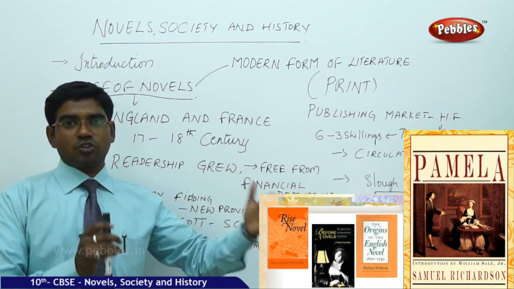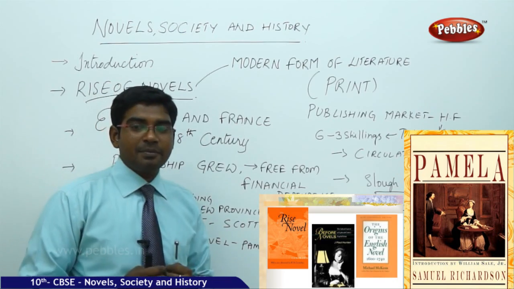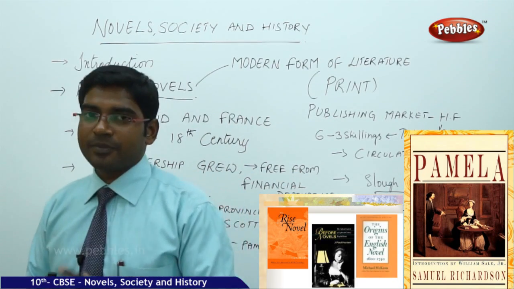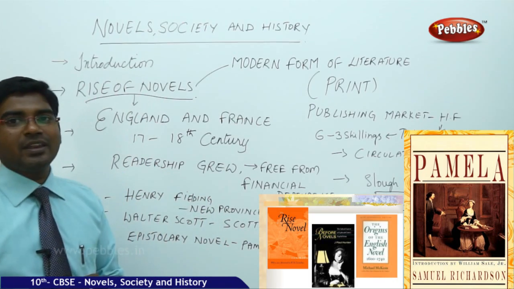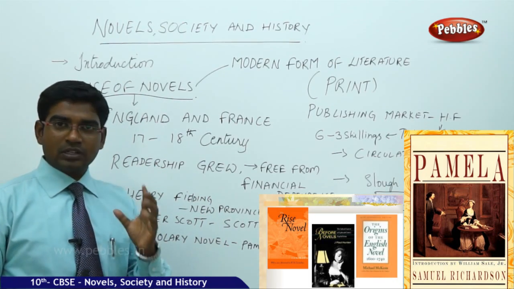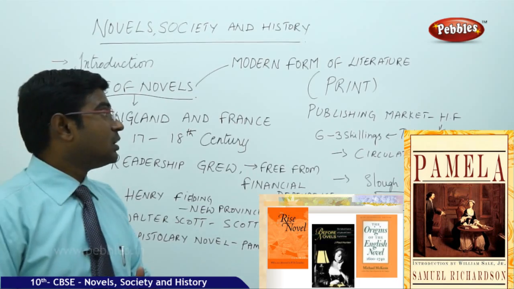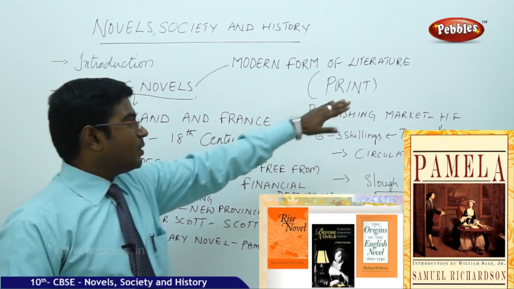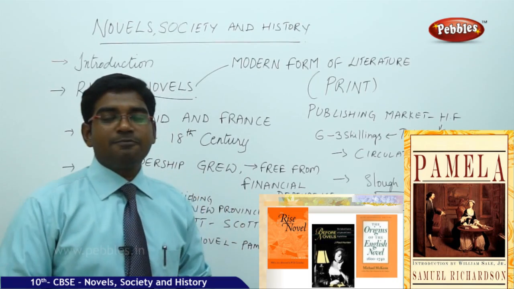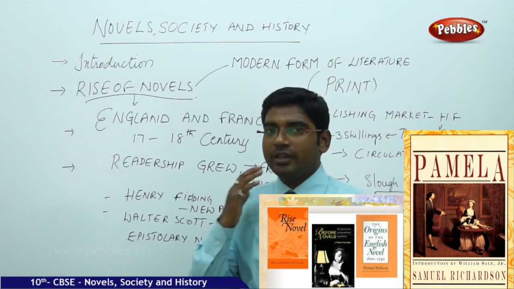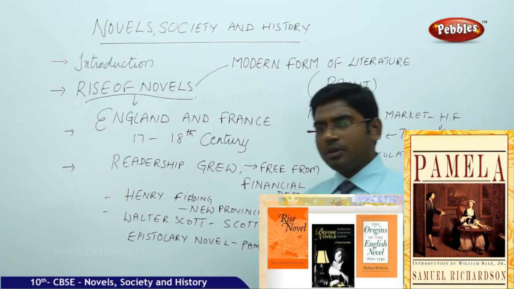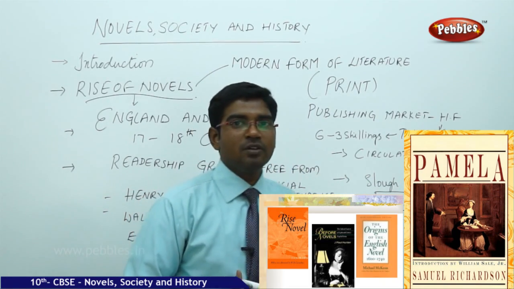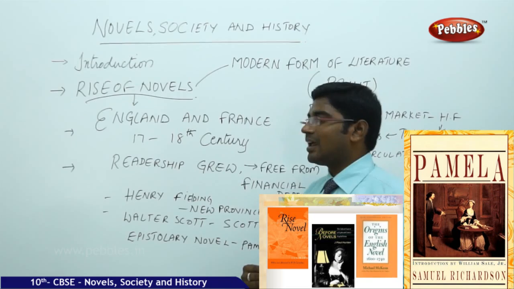But moving on to books, in papers we have good quality paper and also cheap quality paper. All these things made printing very easy and brought the cost of the book down to a considerable level. That's how the modern form of literature started to develop on a very large scale with the invention of printing. If printing was not there, today the novels would not have been there. Maybe they would have been printed but not on a very large scale. That's what we have to understand from here.